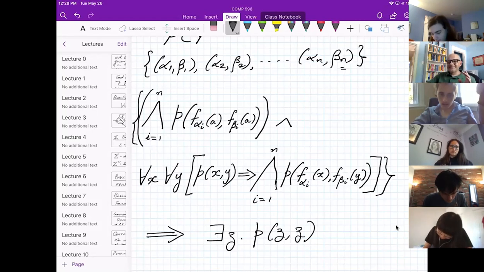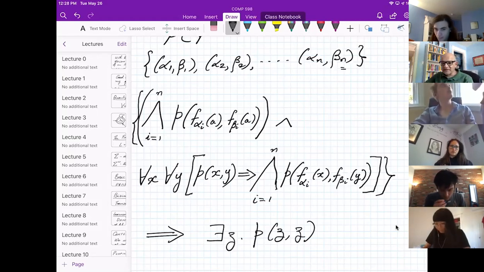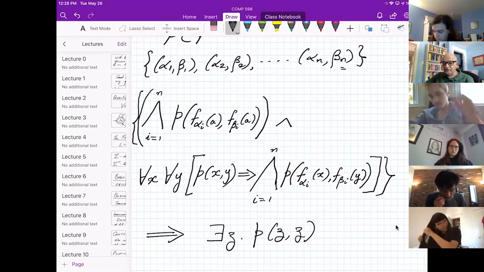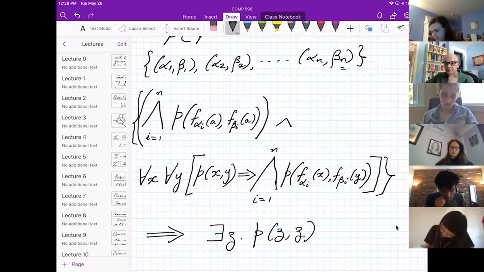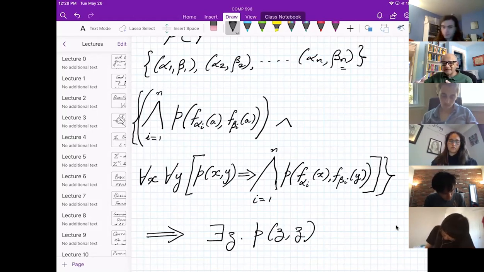Just a formula I pulled out of thin air. Okay. But of course, as you can see, it was constructed from the instance of PCP that I was given. What we're going to prove is this formula is valid if and only if the PCP has a solution. But first, note that the translation from the PCP instance to the logical formula is certainly a total computable function. I've explicitly shown you how to do it. This is not some vague, there exists a formula, blah, blah argument. I've written down, this is the formula.